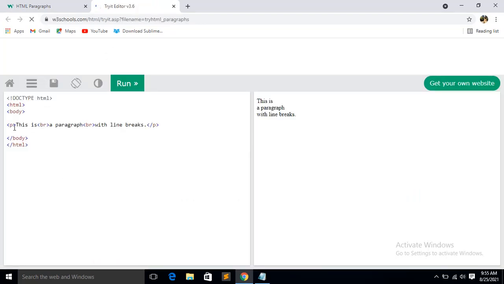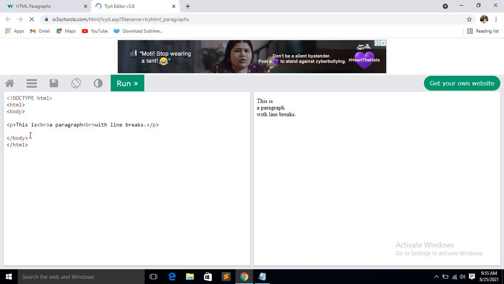Now you see, the paragraph started, that's why a line space came. Then after that BR is there; BR means break, line break. So the line is broken here, and the next line came here. After the paragraph there is another BR, so whatever words were left came in the next line.